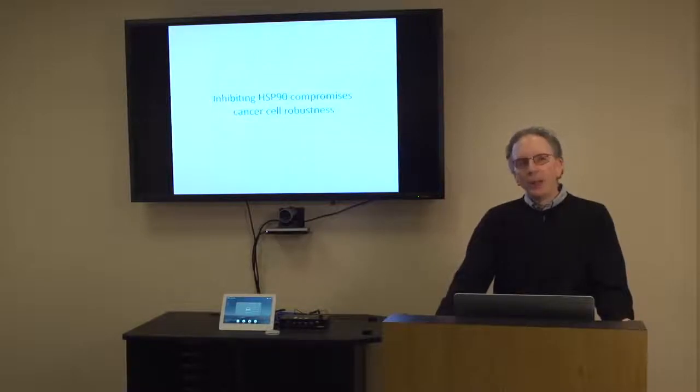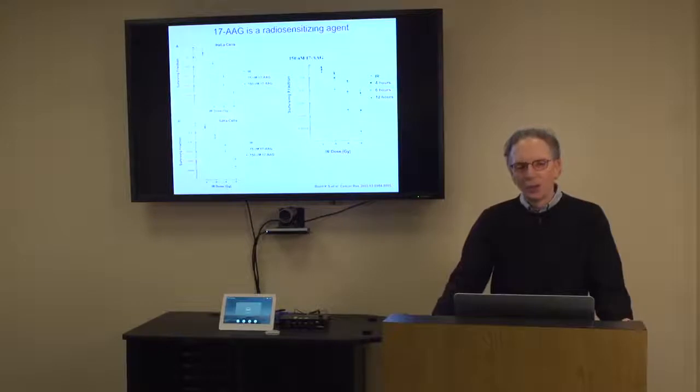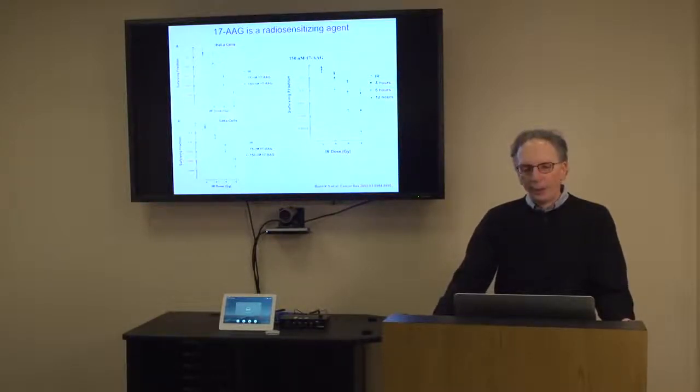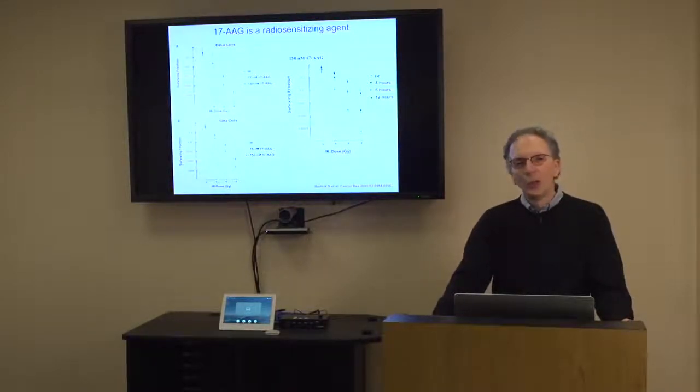So what does inhibiting HSP90 do? From what I've shown you so far, and based on yeast models, the expectation is that inhibiting HSP90 compromises the robustness of a cancer cell. Some preliminary evidence that this is the case was shown in a paper that we published a number of years ago using HSP90 inhibitors, in this case the first HSP90 inhibitor in clinical trial, 17-AAG, as a radiosensitizing